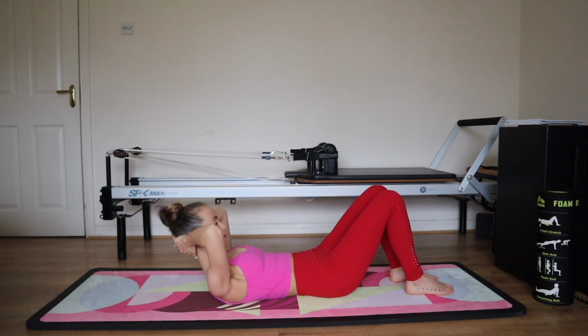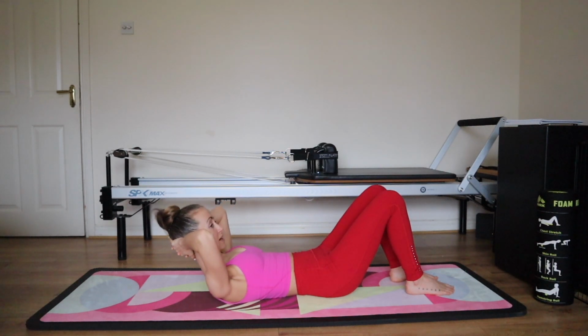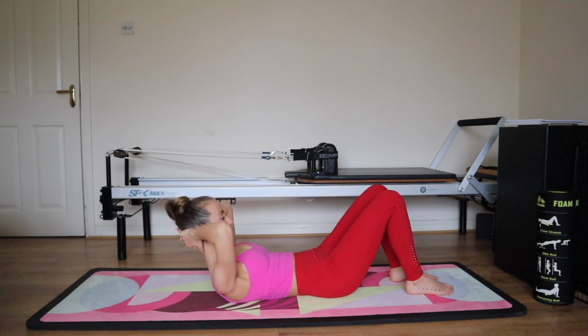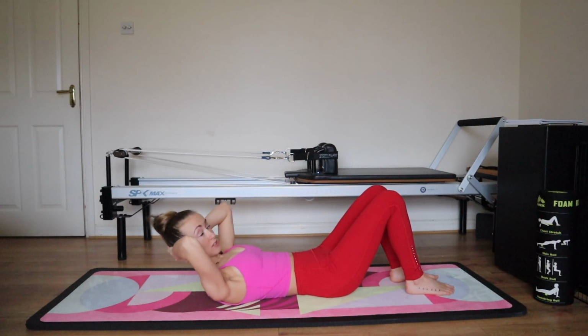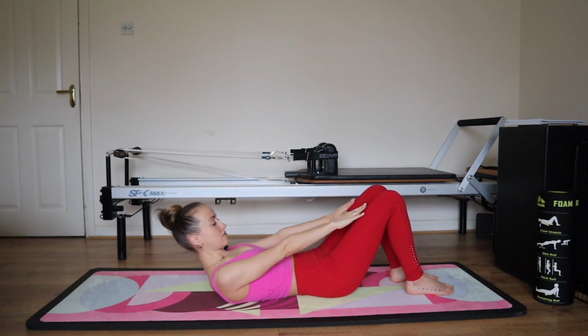5. Use your core and release. 4. Scoop through the core. It's a neutral pelvis. 3. So you're not cramming your lower back into the mat. 2. Exhale and inhale. 1. You can do another 8 pulses there, slow pulses, or bring the hands to the front of the legs, relax